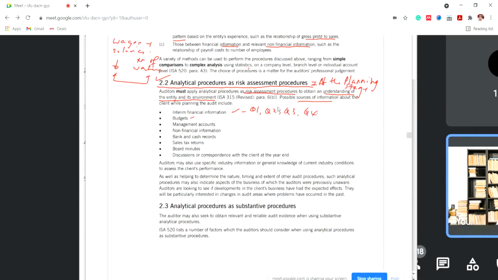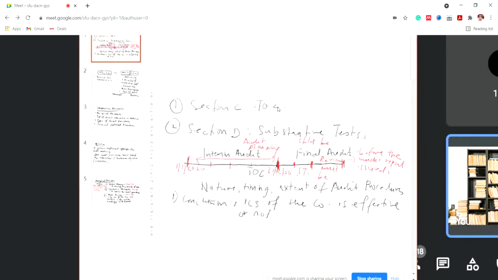Budget. So budget will be prepared before. Okay, budget. So budget kat sini dah buat. Okay, during the interim period ni dah buat budget. Okay, budget. Okay, and then